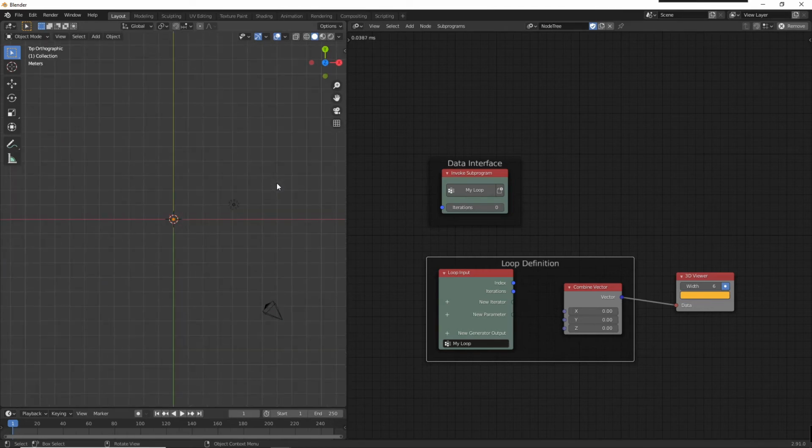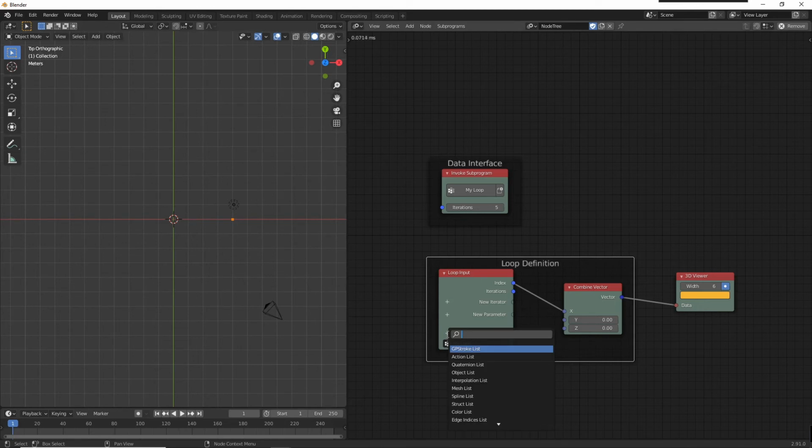In this example, I restrict to 2 dimensions by looking at the x and the y axis only. By pressing 7 on the numpad, we can switch the 3D viewport to orthographic mode, looking down on the x and the y axis. If I now plug in the index to the x coordinate, we see only one vector, but I expect a number of vectors corresponding to the number of iterations. Well, this shows another pitfall to keep in mind. The regular viewers only show the last value of the loop. If you're not aware of this, you might get confused by the results the viewer is showing.